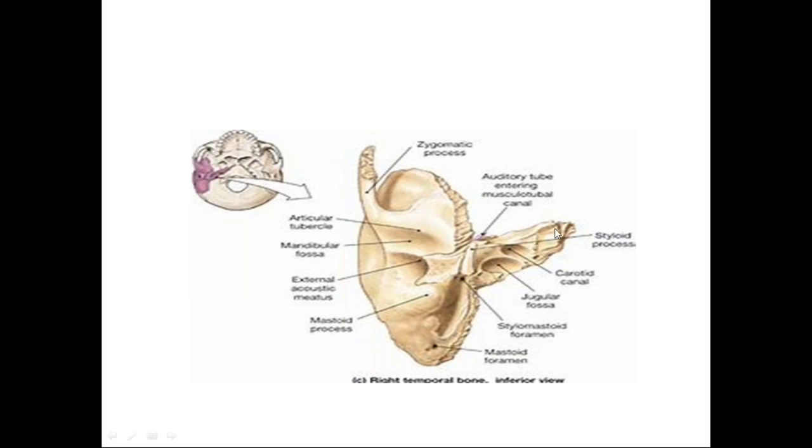Now this is the petrous part of the temporal bone. Towards the posterior half, it has the jugular fossa and carotid canal. And this petrous part near its apex has a depression for the trigeminal ganglion, that is for the trigeminal ganglion of the 5th nerve. And this is an elevated area known as the arcuate eminence, which is because of the semicircular canals. So this marked area is showing the temporal bone.